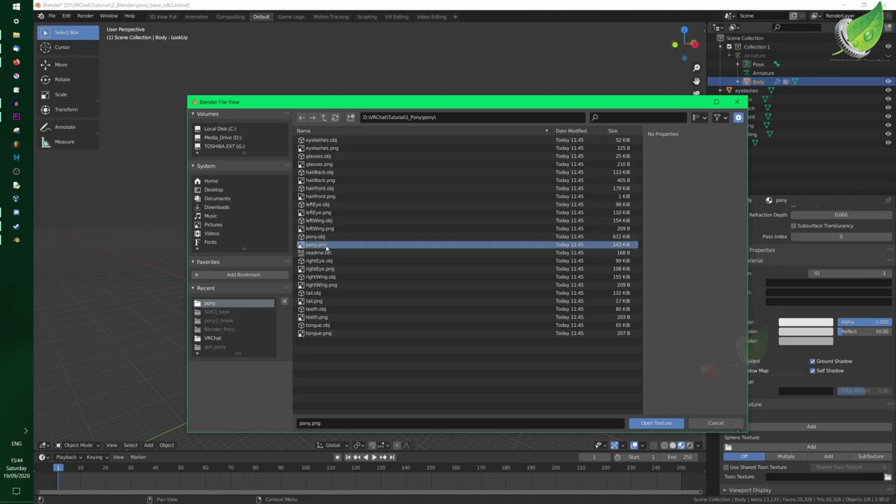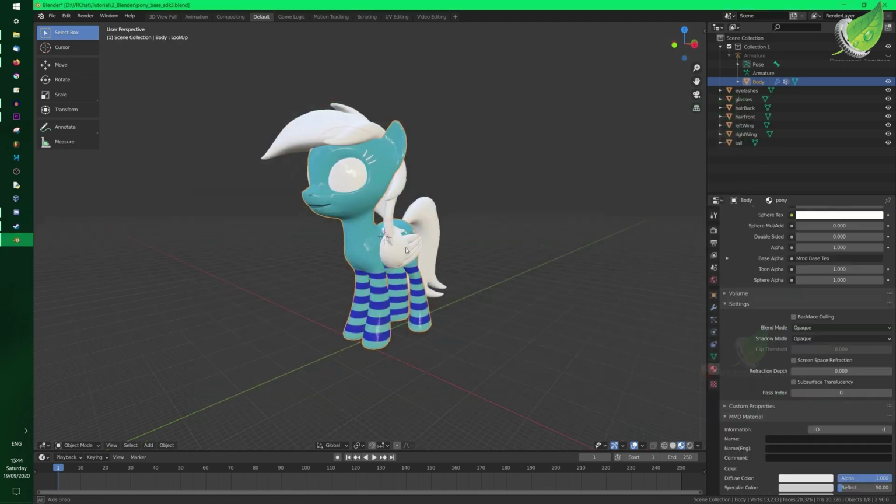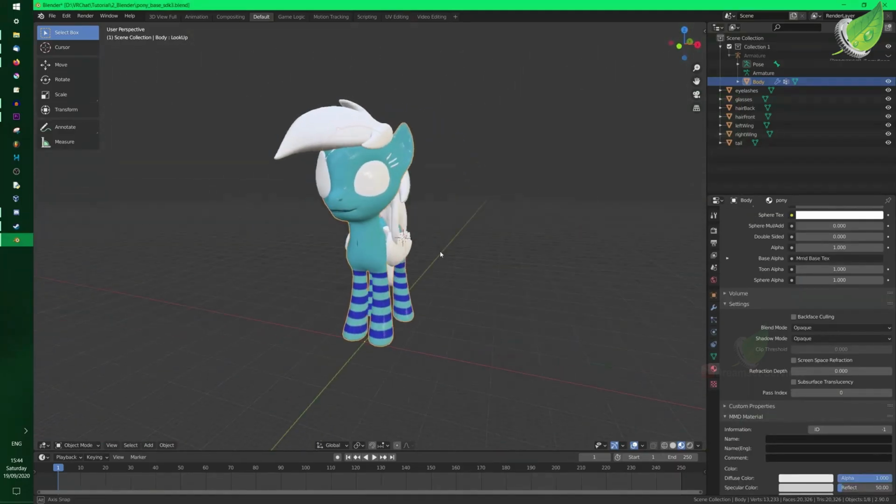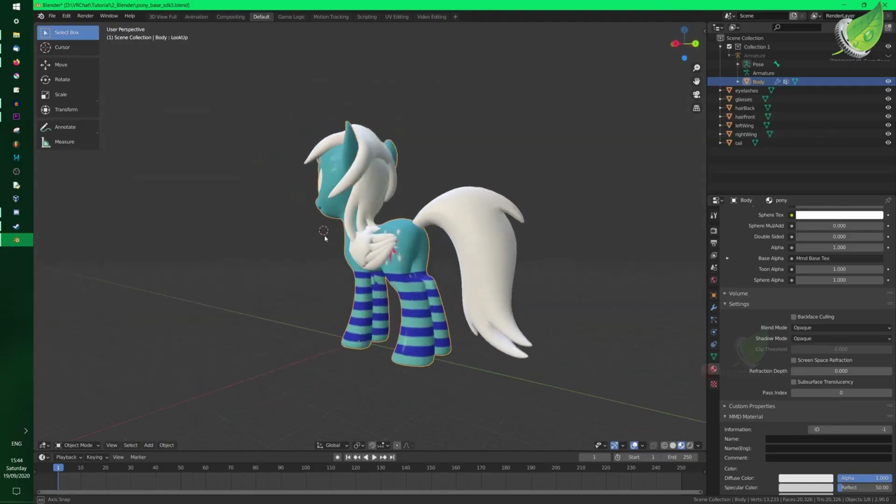The pony creator creates an object file and a PNG file. The object's the 3D part, and the PNG's the colors and the texture that goes on it. So double click on that,